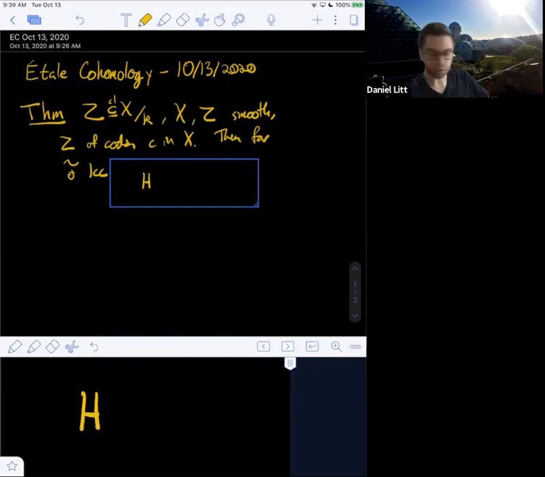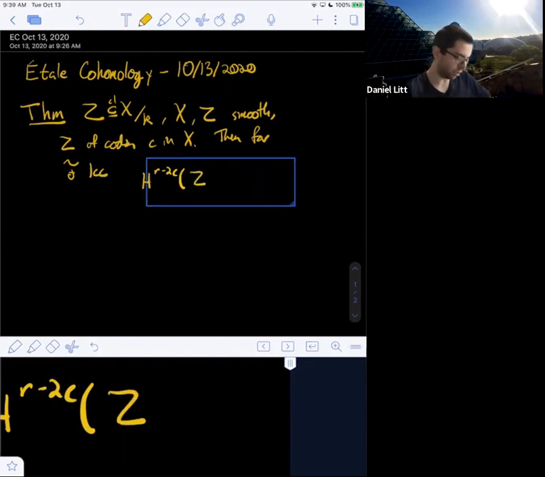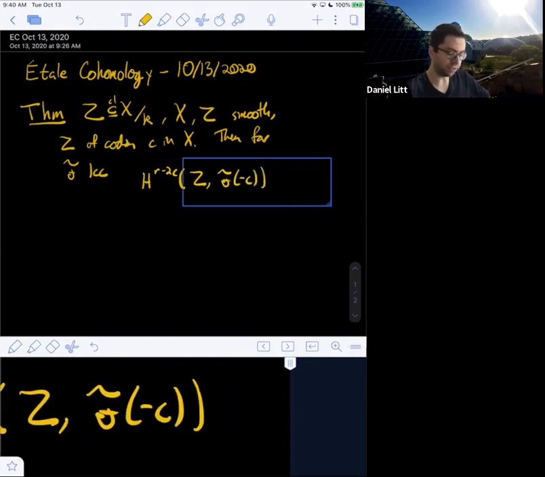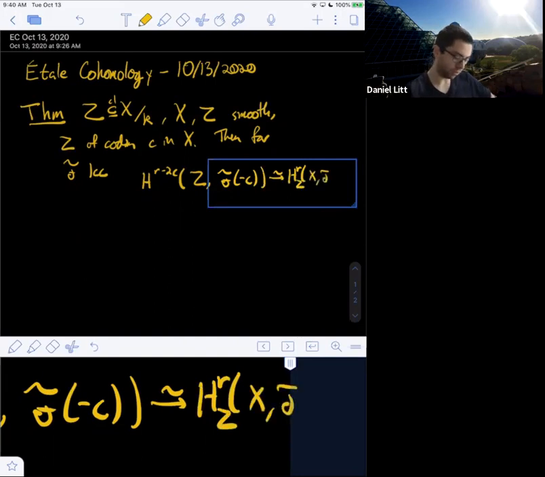H^{r-2c}(Z) with coefficients in a twist of F. Here this means tensoring with the c-th tensor power of mu_n, where n is something divisible by the torsion order of F, tensoring that to the minus c and tensoring it with F. So the claim was that there's a canonical isomorphism between this group and the étale cohomology with supports in Z of F itself.